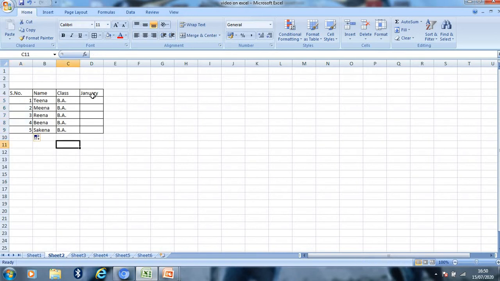Likewise, we can also fill complex series like months of a year, like January, February, March, April. There is no need to type each and every month. You can just type the first month, like here I have typed only January, but I can drag my mouse and all the months will appear here.